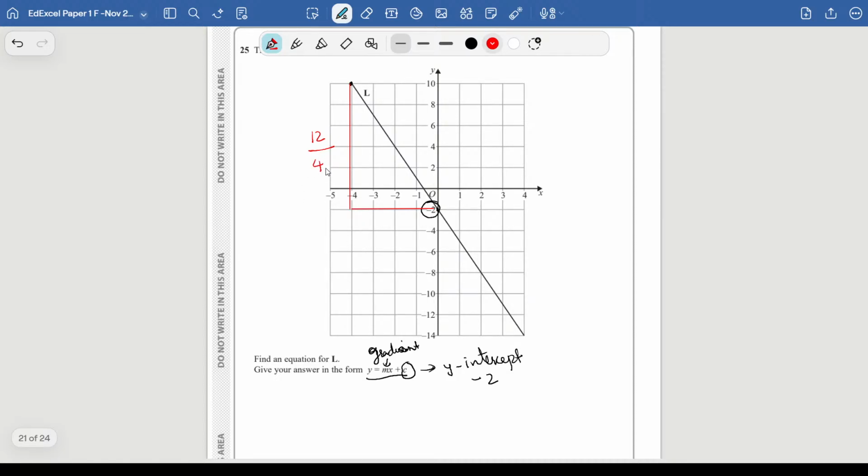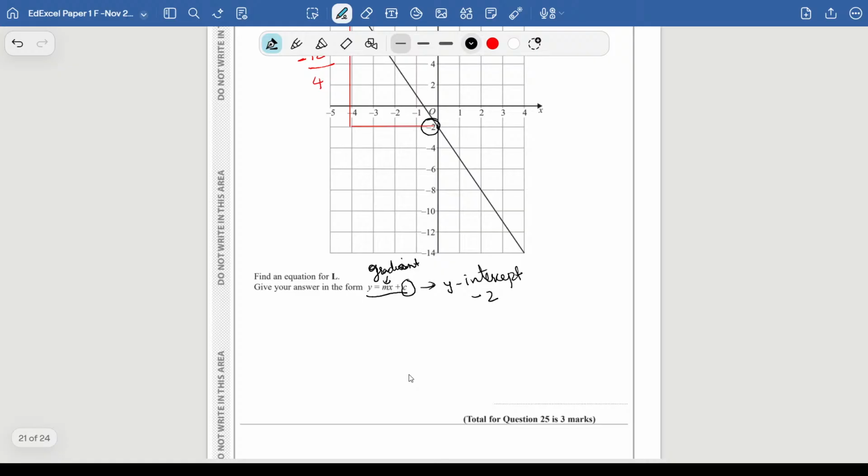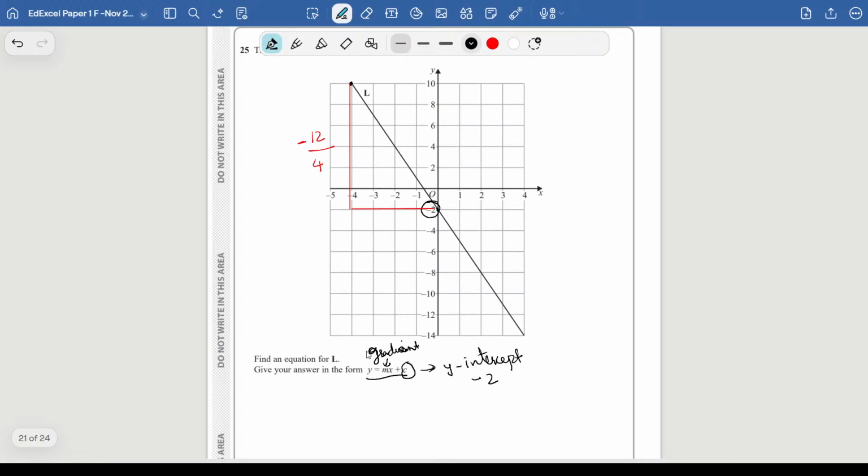So 12 over 4 is 3. But then we see the line is sloping downwards here, right? So that will be a negative slope here. So the answer is